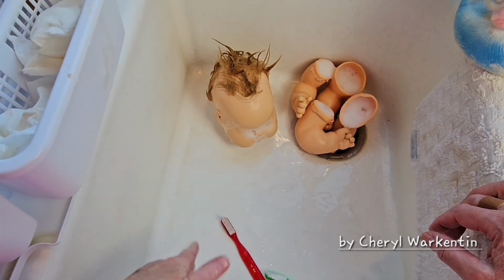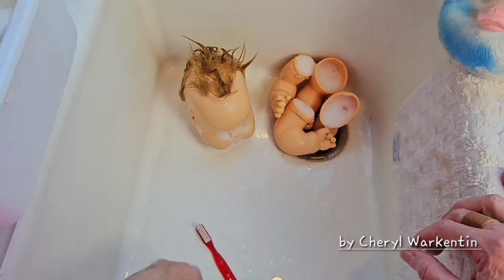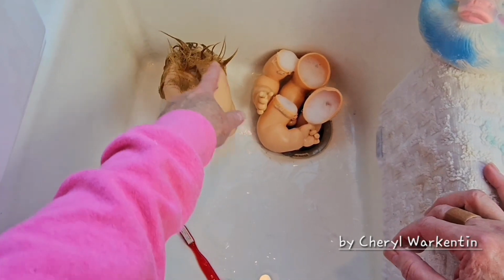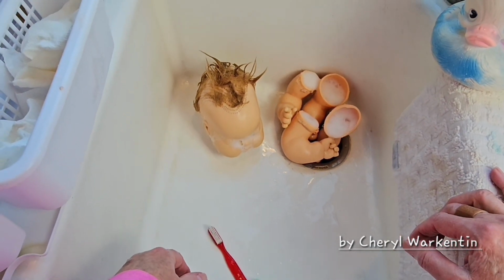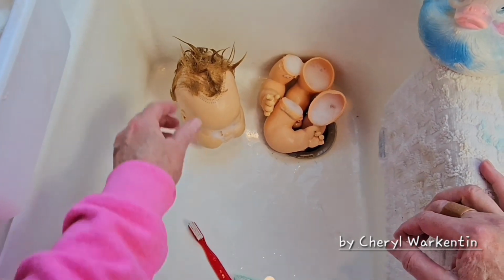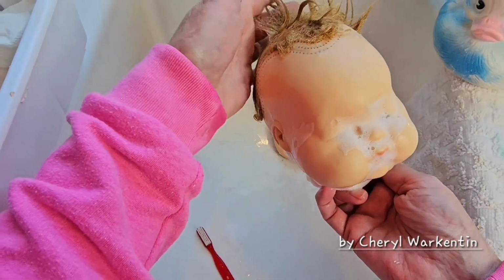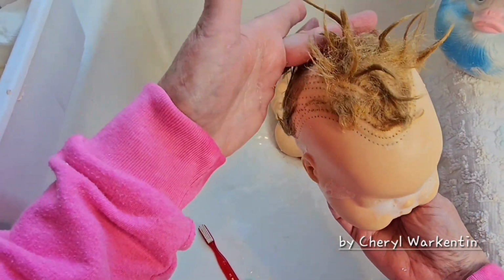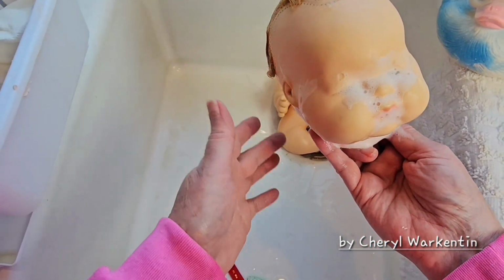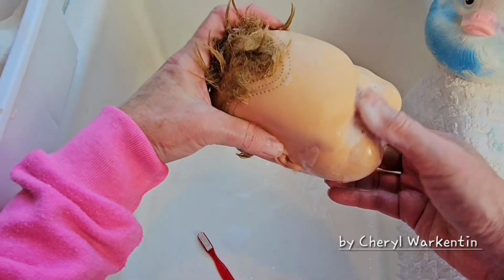I do have the toppers that you could get, and I can make you a topper, and that would cover the root holes. But you can also just get a wig. Or you could just wear a bonnet and do one of my doll bangs. They start from back here, and it's headband style, and you just put a bonnet on. So, yeah,